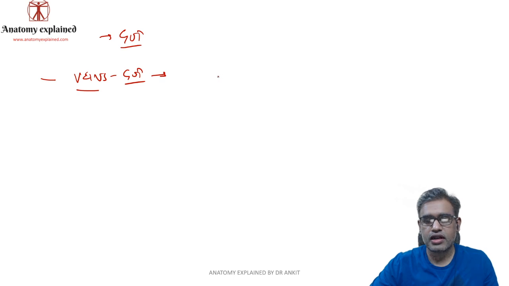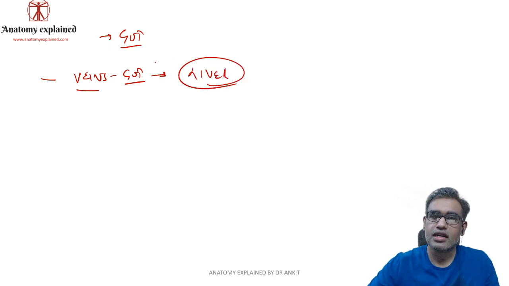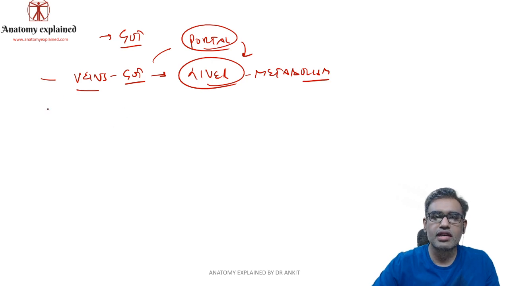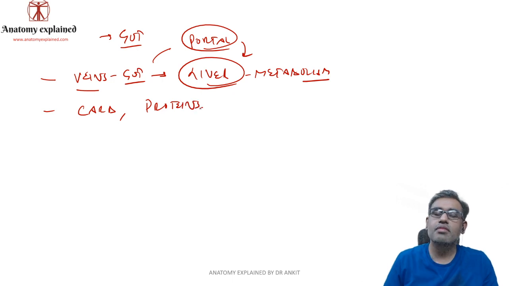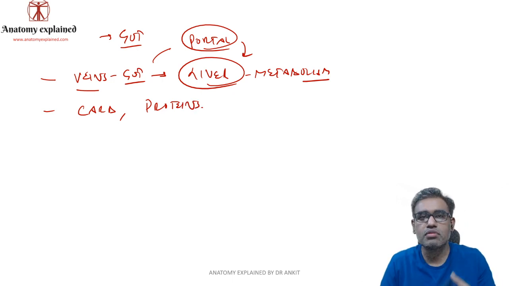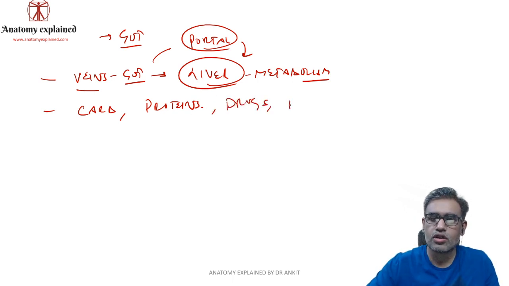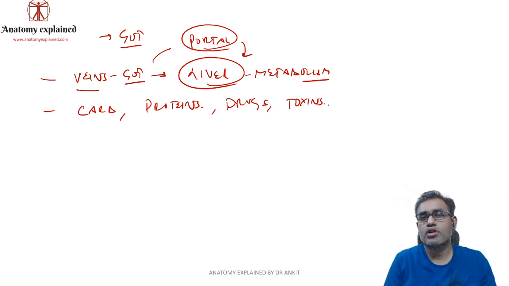All those carbohydrates or proteins or toxins or drugs or whatever it is need to be metabolized. Therefore they have to reach the liver. So how will they reach the liver? That is via this portal vein. It is this route which takes all the nutrients, the drugs or toxins, to the liver, because in the liver you have mainly the metabolism. What is actually transported is basically our carbs and our proteins, because most of the fat is taken up by the lacteals into the lymphatic system, and from there into the thoracic duct. So you need the carbs and proteins, then whatever pharma drugs you are having, and any toxins which you take inside our body, all that is taken by the portal system.